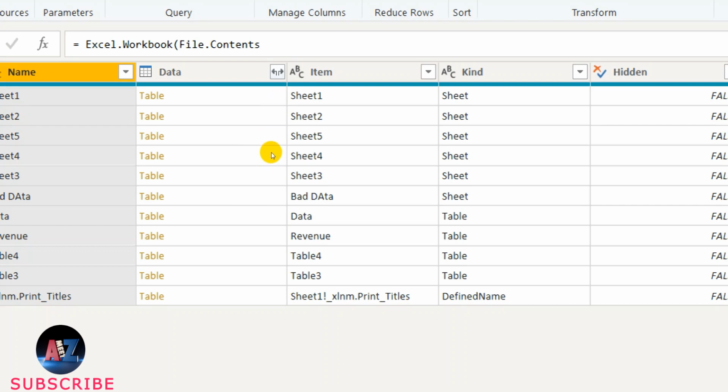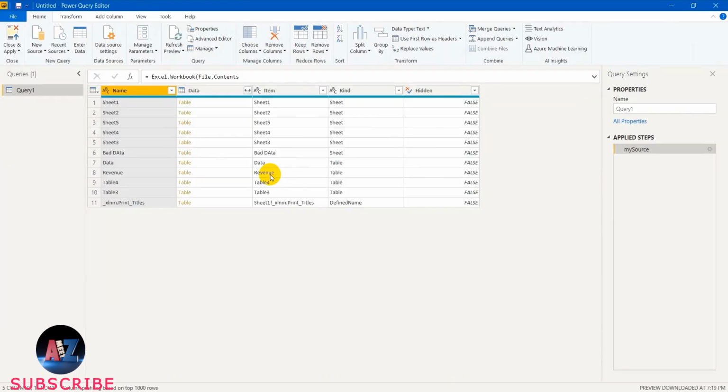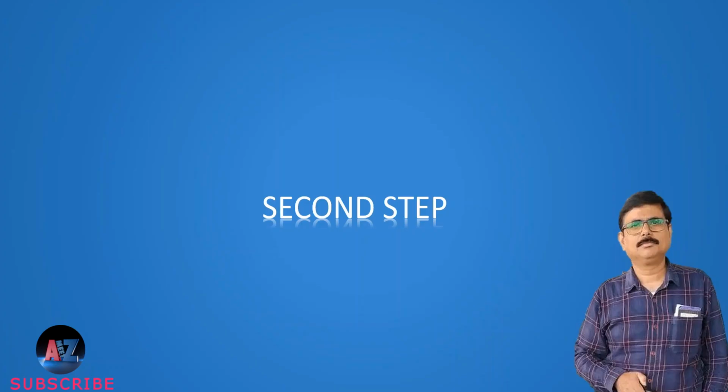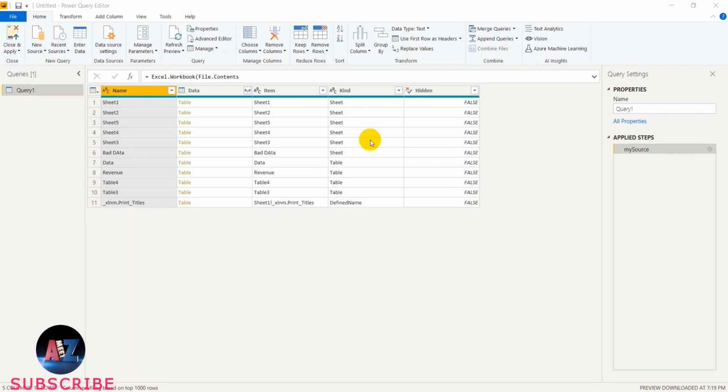Whether you take sheet or whether you take table, it will be automatically converted into a table in Power Query Editor. But the problem is, when you deal with sheet, you will have to clean the data much more. The table revenue in Excel has got a specified scope, so if you consider that, the extraction process will be much more comfortable and not tedious. So now we have got this level. Now we need to set up the remaining thing. Now I need to select the item, and the item name is revenue, and it is a table. So we need to be very clear on that.